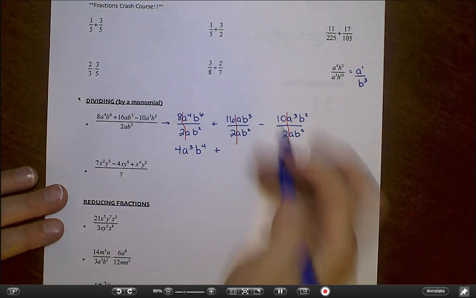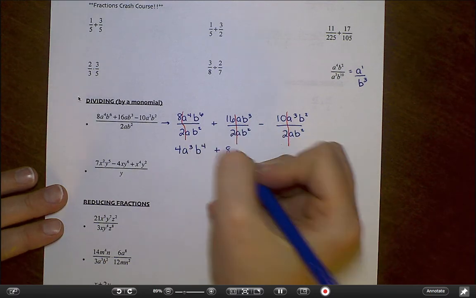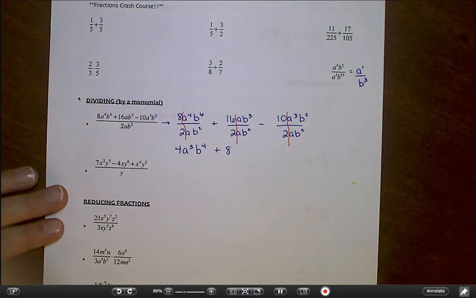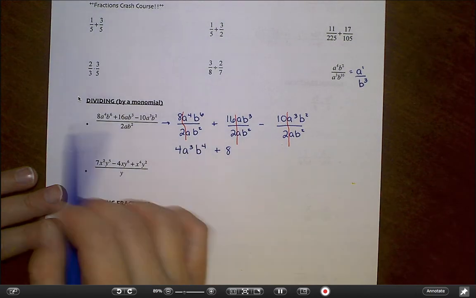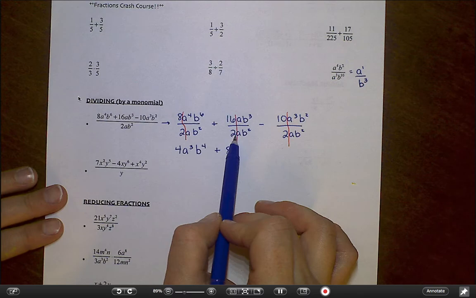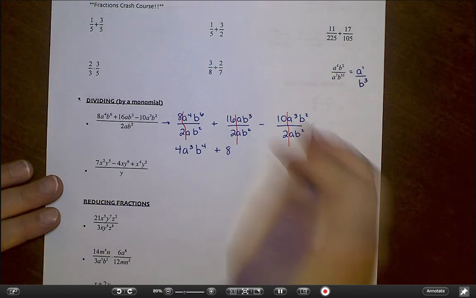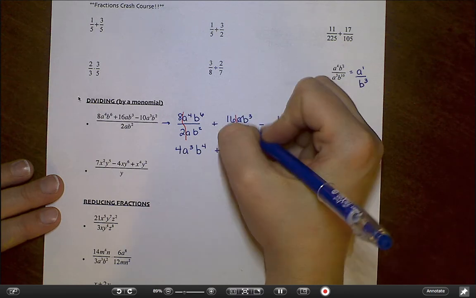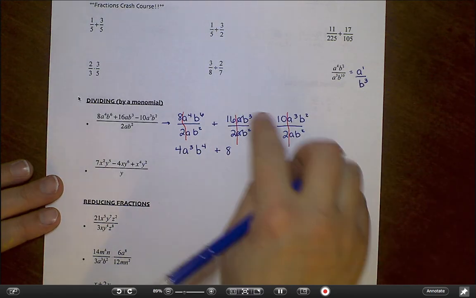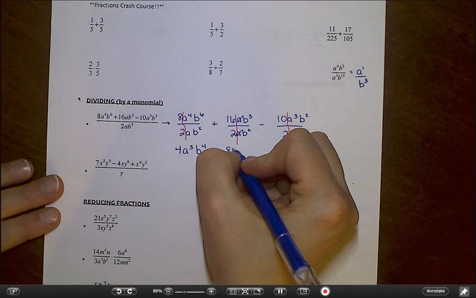16 divided by 2 is 8. And again, I keep emphasizing that you're dividing those numbers because I see people want to subtract them because you're subtracting all these exponents. Remember, these numbers work like regular numbers. So here I have an a over an a, so really those just cancel each other out. 1 minus 1 would give me 0, and then 3 minus 2 gives me just 1b,